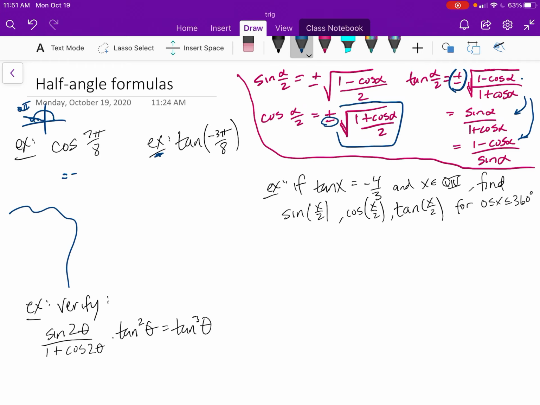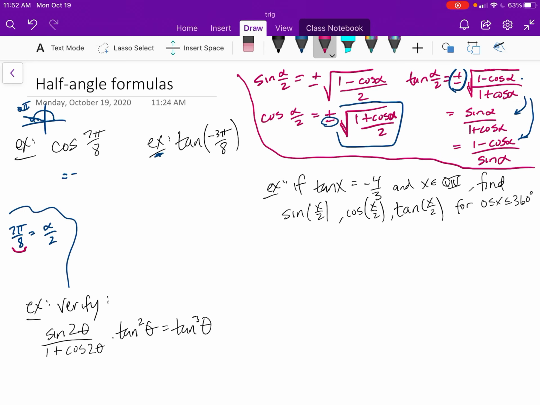I'm saying 7 pi over 8 is my half angle, alpha over 2. Why is that important? Because look at the formula. We need to know the original angle, right? We need to know cosine alpha, or double that angle. Whatever this angle is here, I need to double it. So I set this up. You may not always do this, but